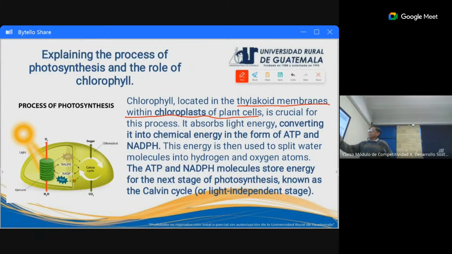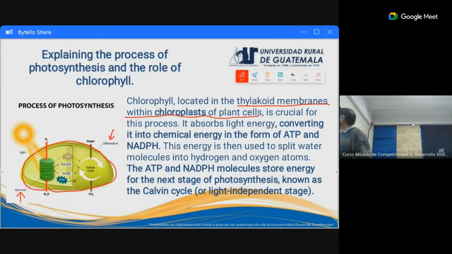In this image, we see a plant cell that contains the chloroplast and also this granule here,